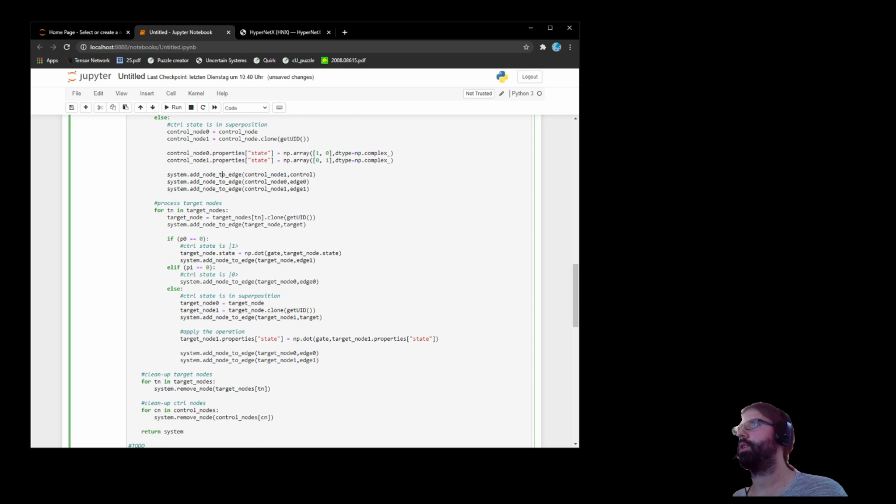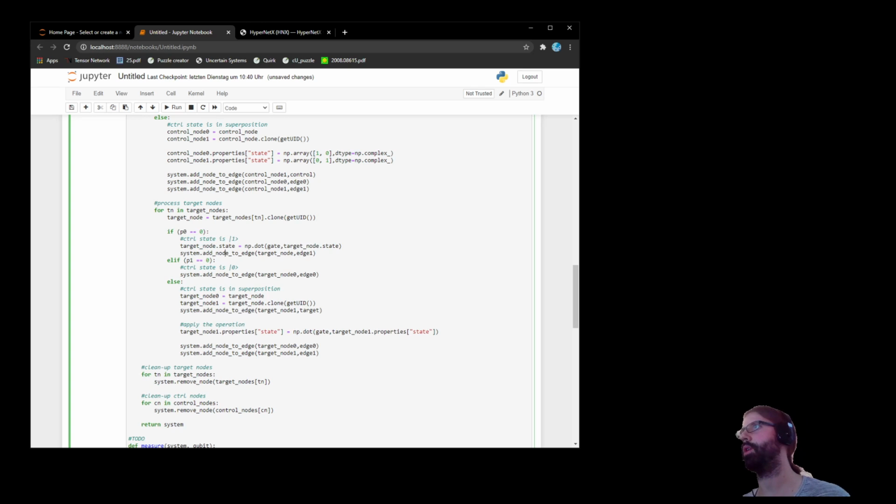And I think here processing the target is where I create a target node by cloning these, and then I add it to the target edge. And then I'm changing the state and all that stuff, but I think that is not what we want to do. So what we want to do is we want to add these at the end. So here we add the node to the edge, and here